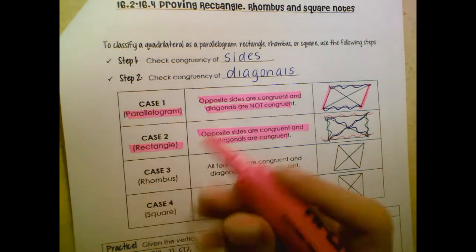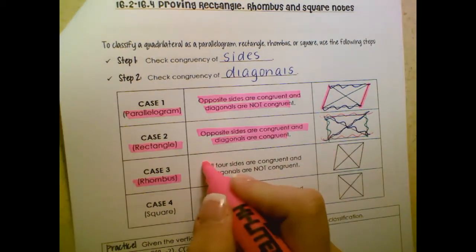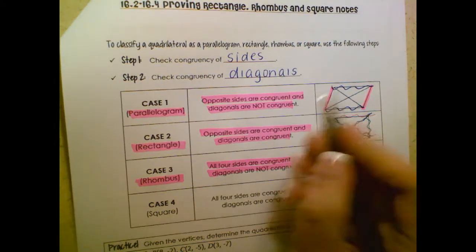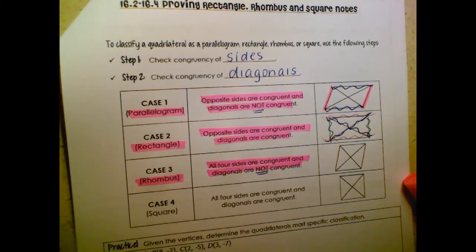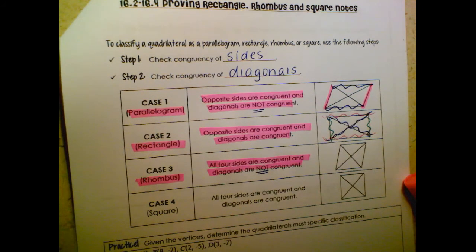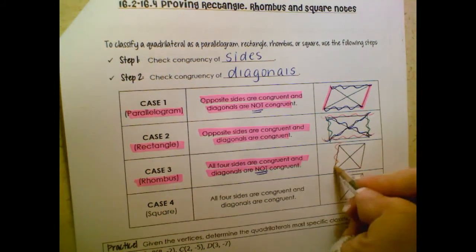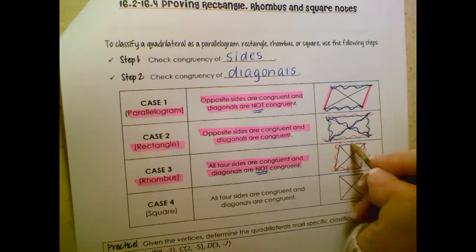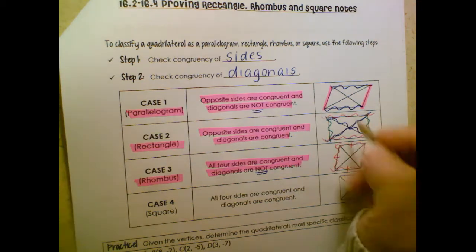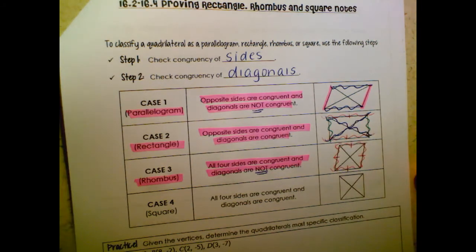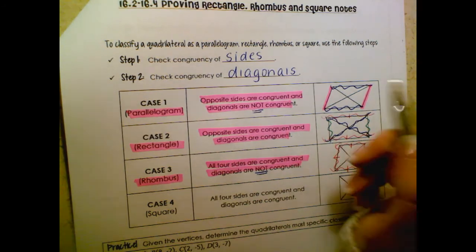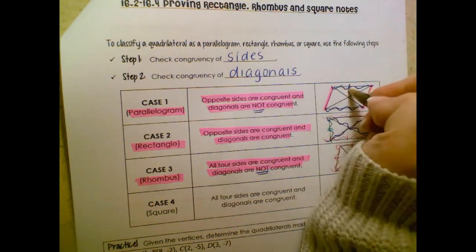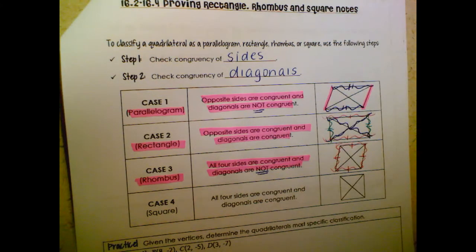For a rhombus, all four sides are congruent. The diagonals are not congruent. So I just want to double check. So all four sides are congruent to each other. So they usually will mark like that, and I can do the same thing. With my rectangle parallelogram, I should have marked my little